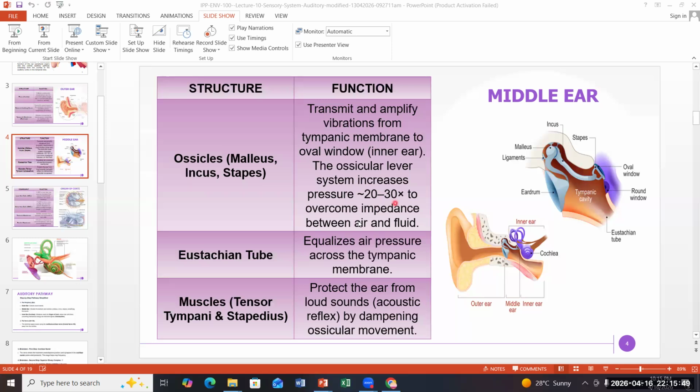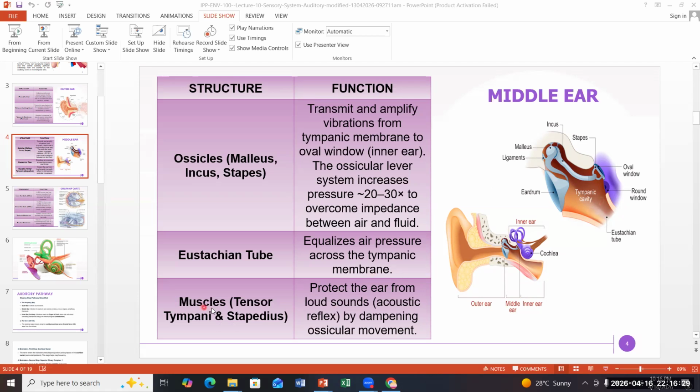information. Then the next one is the eustachian tube. Now the middle ear description is done. We are talking about the inner ear, the eustachian tubes. If you look closely, the eustachian tubes start somewhere here and they are part of the inner ear. The purpose of the eustachian tube is to equalize the air pressure across the tympanic membrane. The air pressure that is reaching the eardrum will be equalized. This is a big cavity, so the eustachian tube will equalize the pressure at all the places.